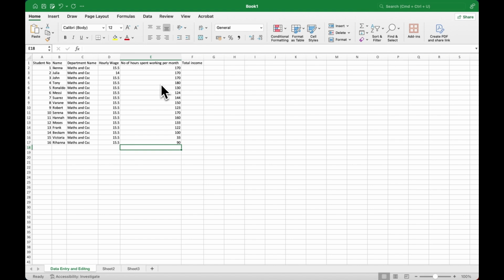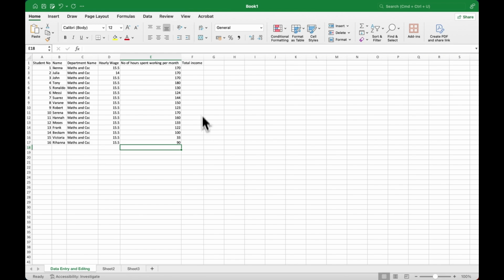Now, we've essentially gone through all the fundamentals on data entry and editing, but I want to show you one very useful tool which could come in handy depending on the kind of data sets you're working with. And this is the autocorrect tool. So the autocorrect tool can come in handy on several occasions depending on what context you wish to use it. To find the autocorrect tool,